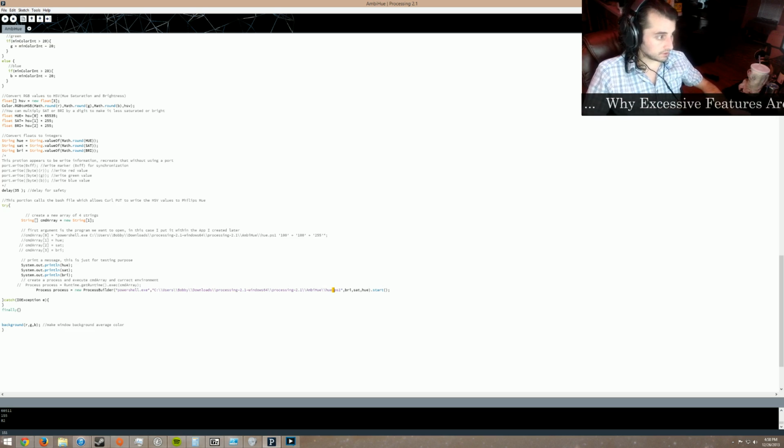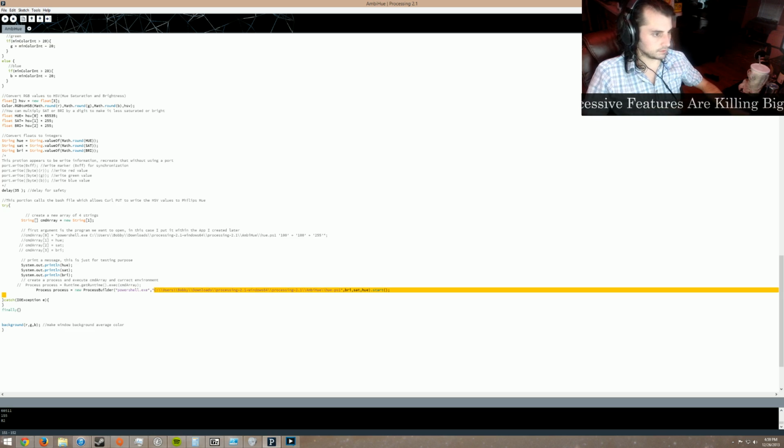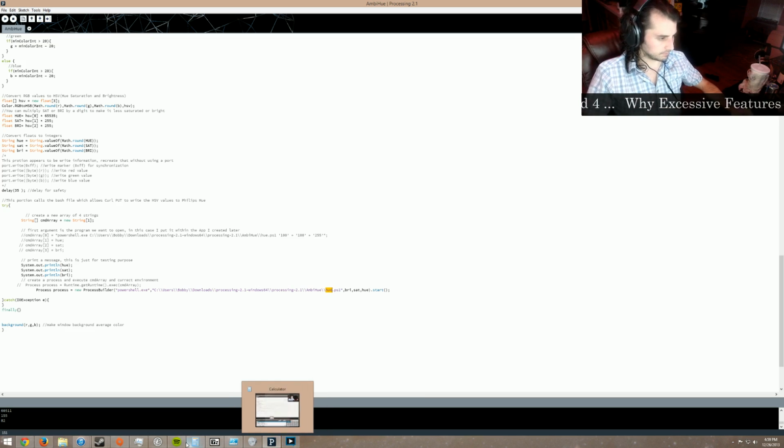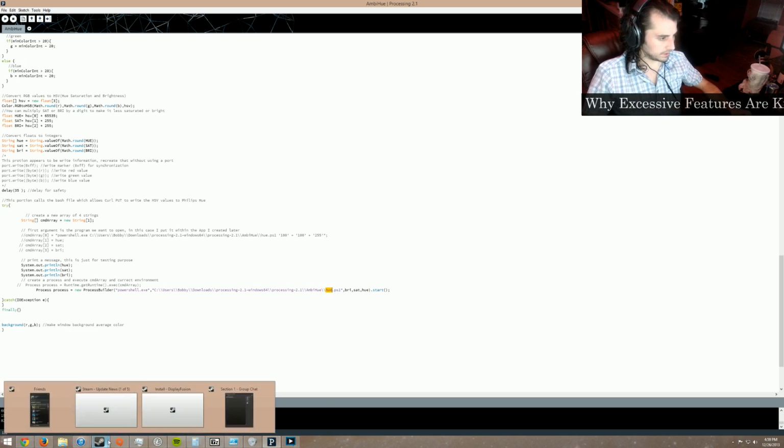So the only thing you'd have to change if you downloaded this was this little portion right here, assuming you're on Windows. And then the other thing you would have to edit is the actual file within that. You'll have to change it to whatever your Hue's bridge IP is. And I'll go over that perhaps later this video or in another tutorial. First, I'm just going to go ahead and open up